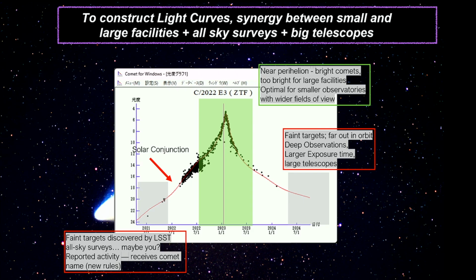And so one thing to keep in mind is that for bright comets, we essentially cannot use the larger telescopes to observe them near perihelion. And so actually getting aperture photometry from smaller observatories with wider fields of view is a bit more optimal and is actually something that's preferred because it avoids the saturation of CCDs for the larger telescopes, and it's generally not possible. And so this green region is where, for this particular target, it's optimal to get amateur observations. And so there's a really nice synergy between when we want to construct our light curves, getting amateur observations of our brighter targets when they're near perihelion, and then combining that with observations from our larger telescopes when the comets are further out in heliocentric distance and much fainter. And so adding those two things together along with the all-sky survey data gives us a really nice comprehensive light curve. And then I put here, faint targets,